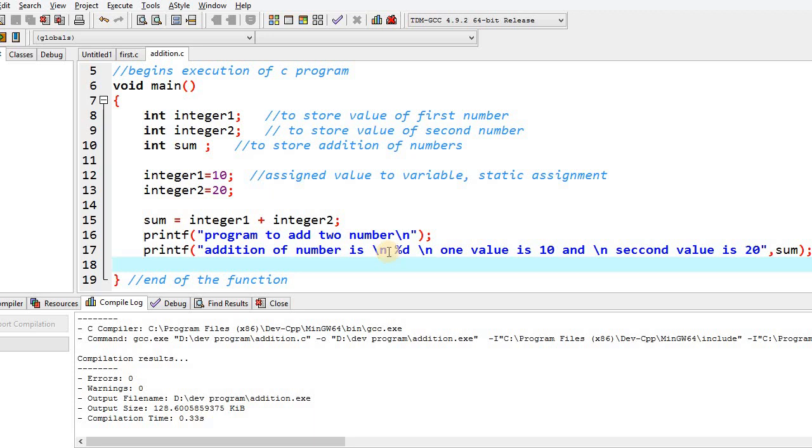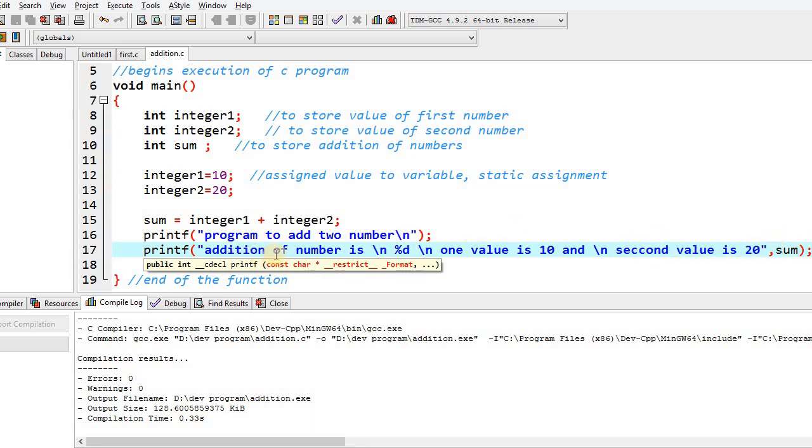Over here I have added this %d. This will tell you a formatted output. Over here you can see that sum is a kind of integer variable. That's why we have to declare it as %d. This is a formatted output. This formatted output will decide where to write the value of sum.